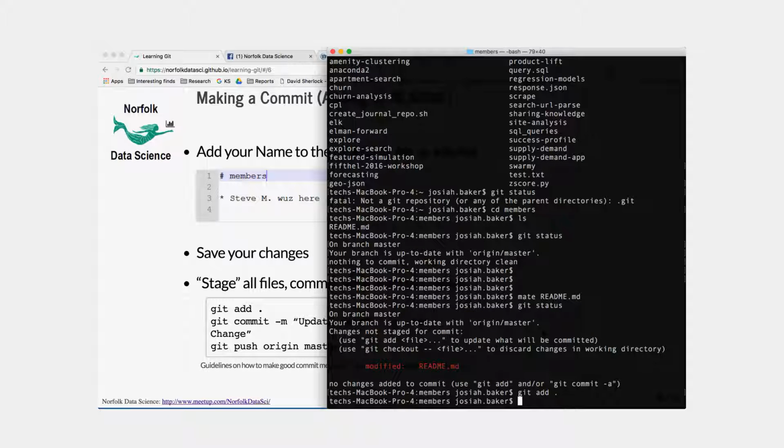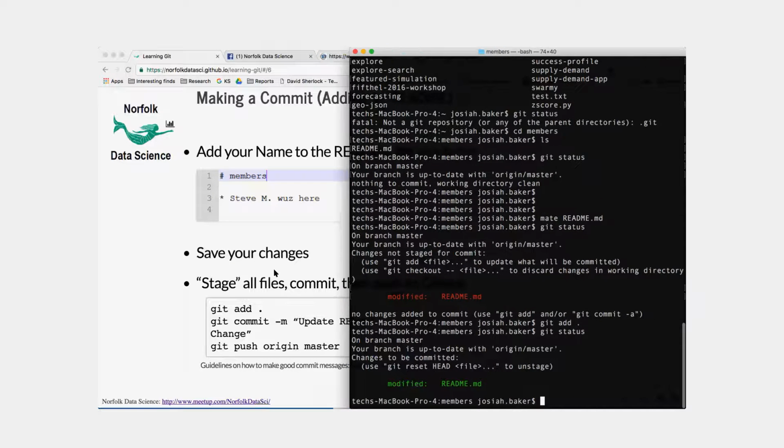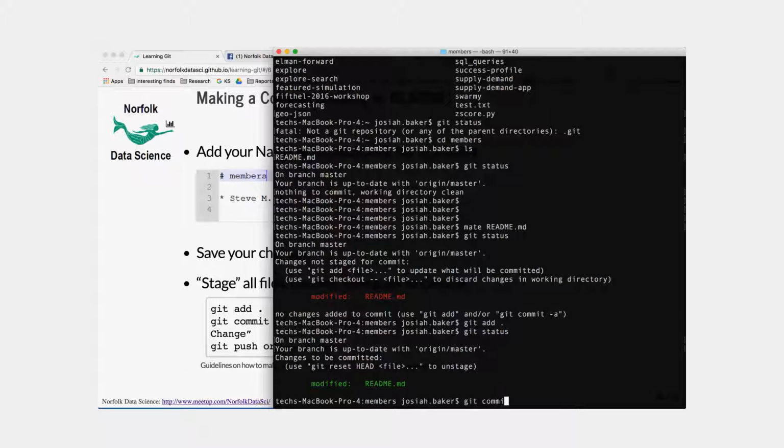And now that tells me, okay, this change is ready to be committed. We've tracked that you changed the README file. It's in green now. It's ready to commit. So I'm going to say git commit, and my commit message, update README,